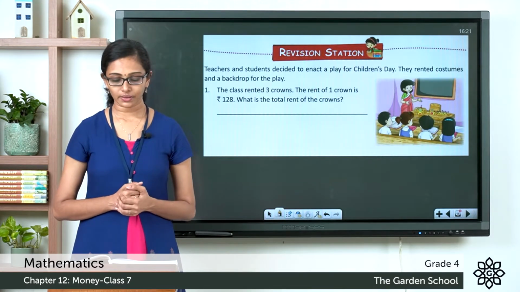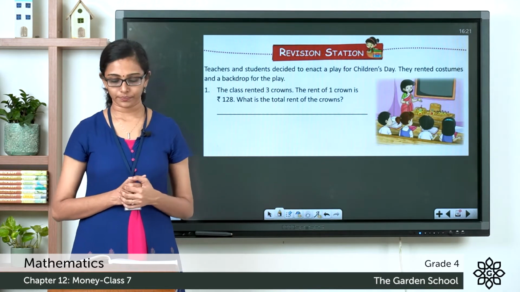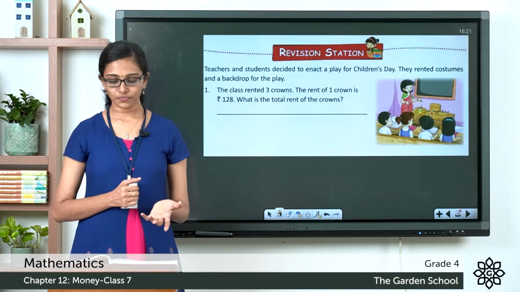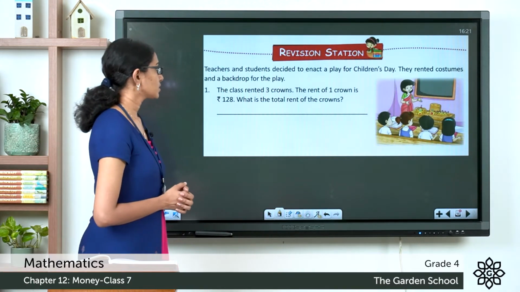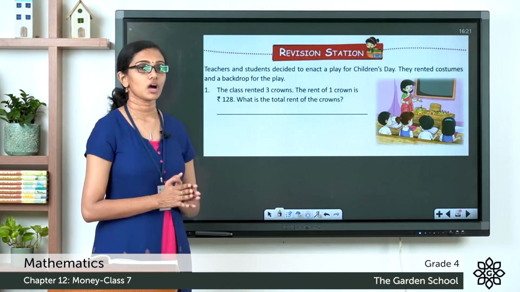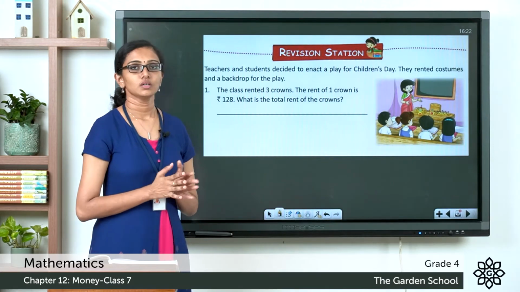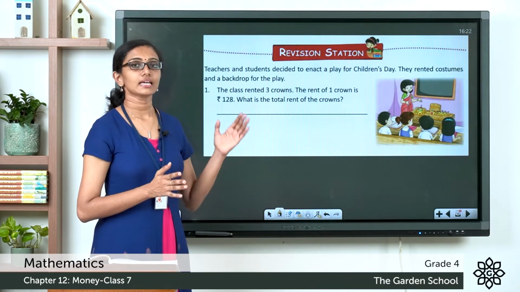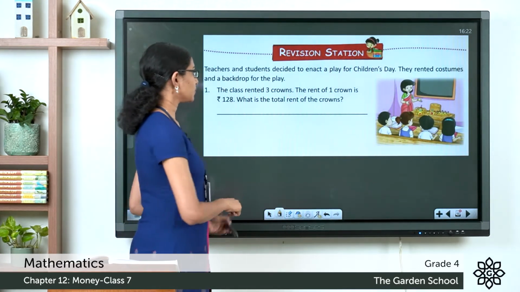So, what is given in the question? The class rented 3 crowns for a play. And the rent for each crown is equal to 128 rupee. So, you are asked to find out the total rent for 3 crowns. How do we find this? We have the rent of 1 crown. So, the rent of 3 crowns will be 3 into the rent of 1 crown, which is equal to 3